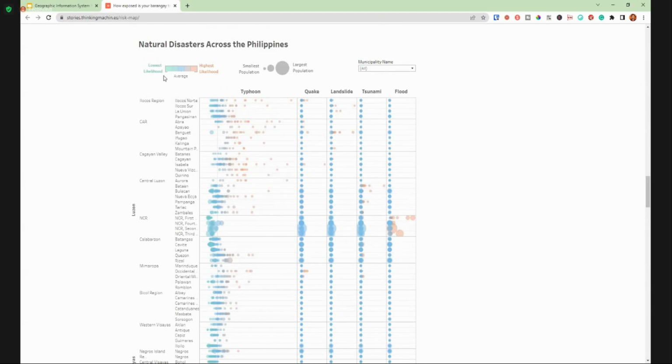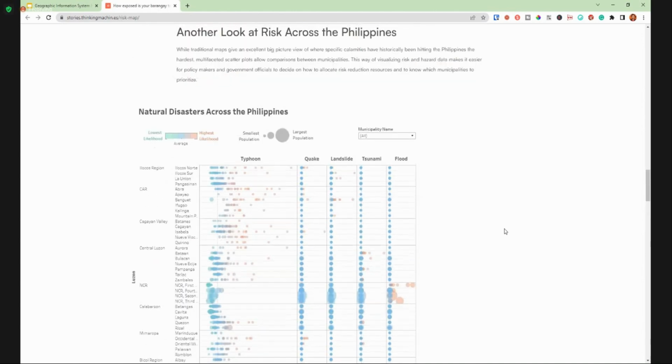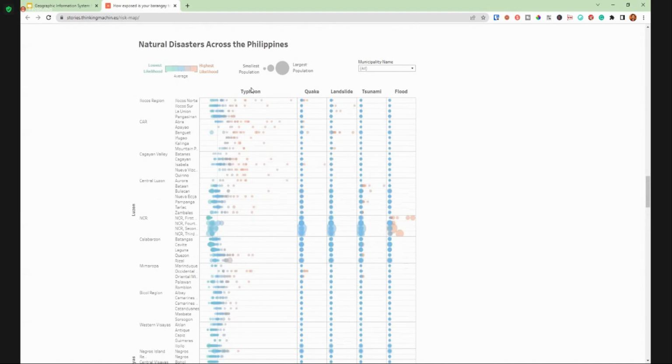So the greener the color, the lower the likelihood that you will be hit by a natural disaster. And the highest likelihood would be those with orange circles. As you can see here, NCR is very susceptible to flooding. Quezon City has a high likelihood and has a larger population amongst other areas in the Philippines. And we categorize it also into different